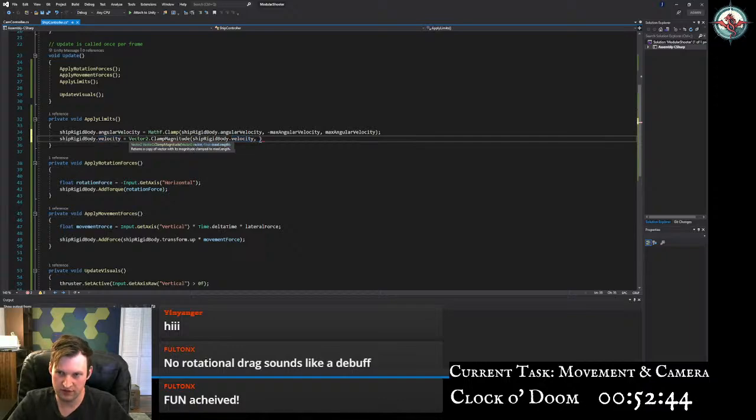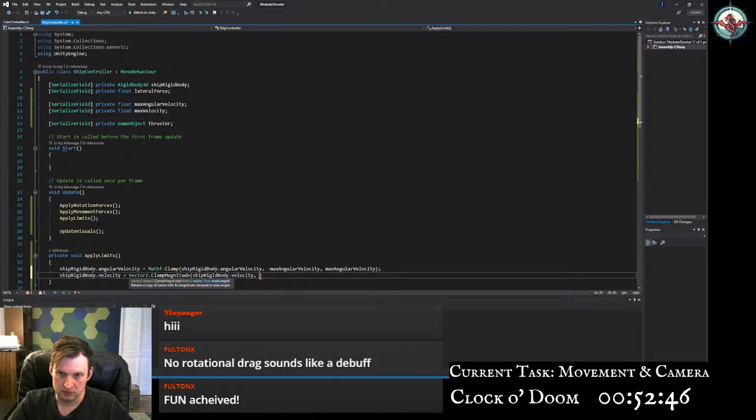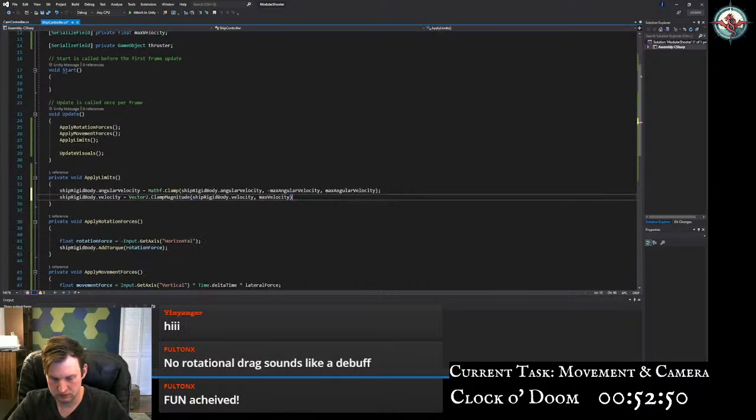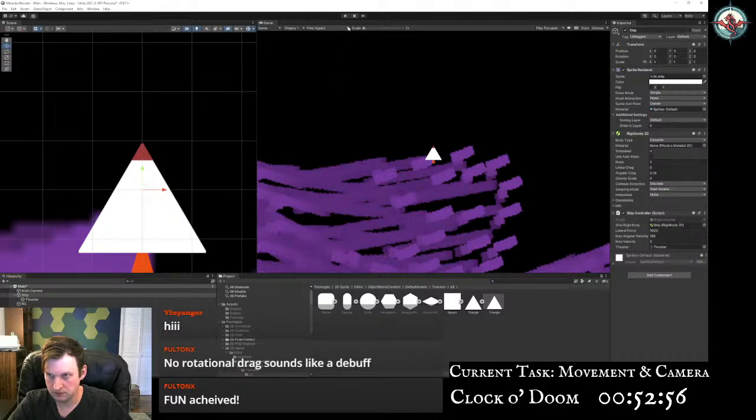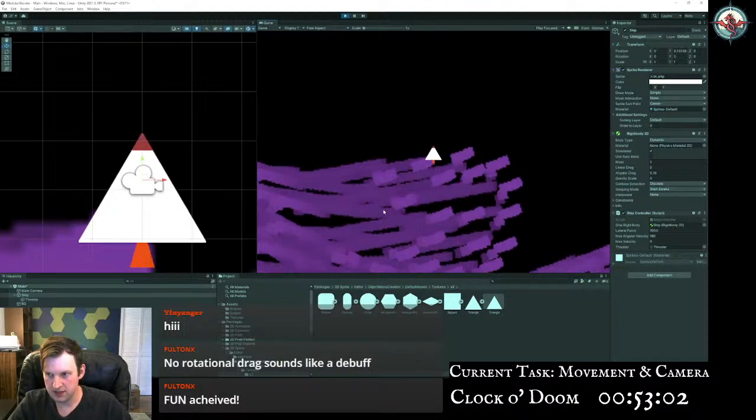Already built-in function for this. Let's try this out. I don't know if you're supposed to be applying these like, it's possible those things should be in late update instead of update, but